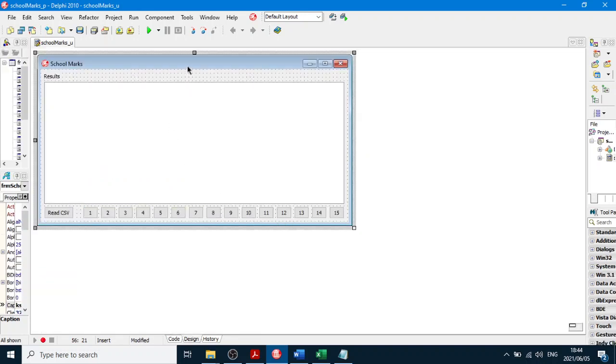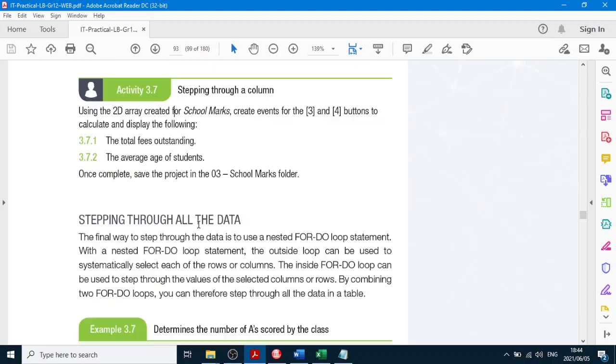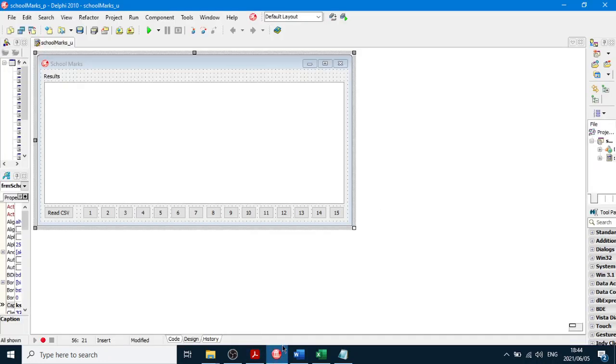This program, you might remember it. We're starting at activity 3.7. Did 3.6 on the 31st of May, and this is page 93. But before we do this, these two buttons here, we're going to look at how we read from